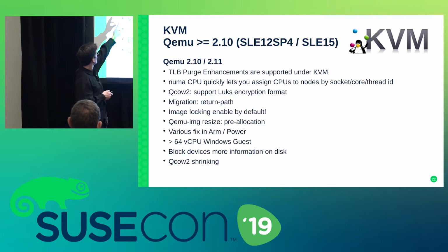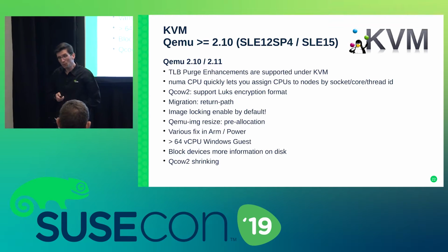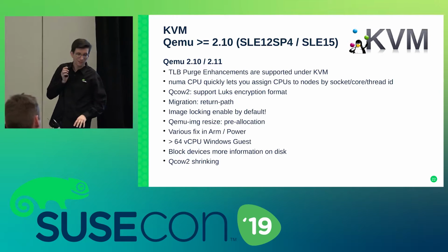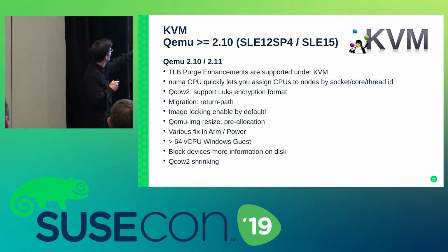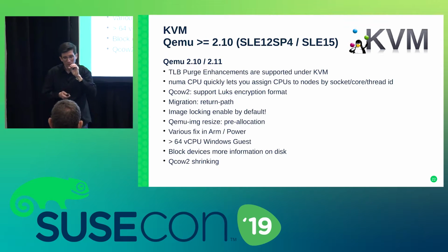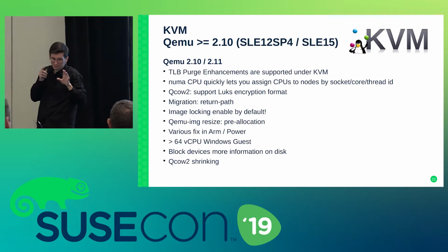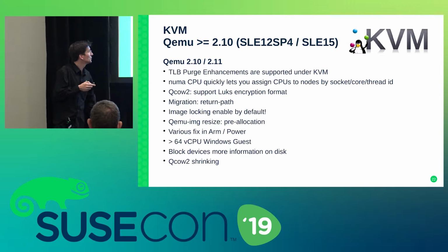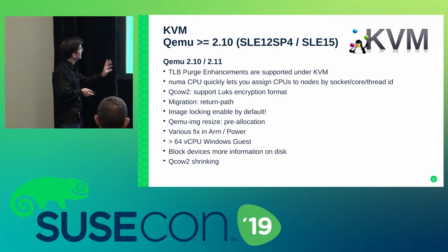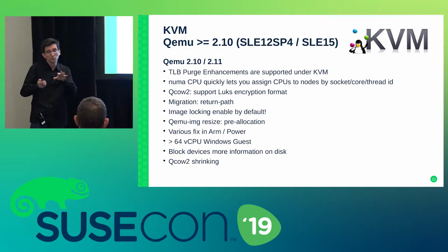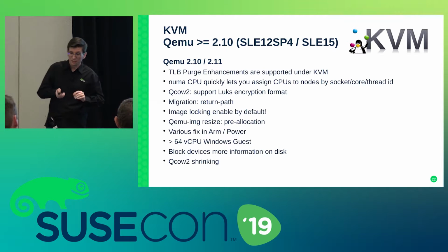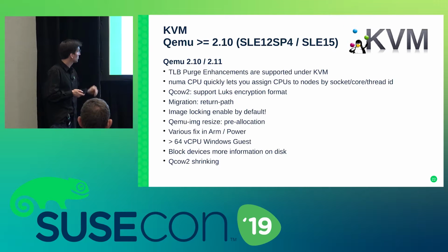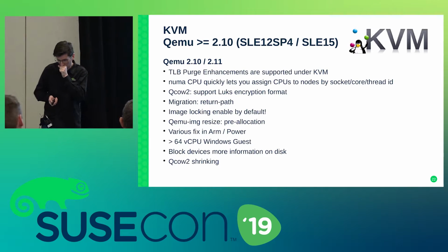What else? Oh, yeah. Something really important is that now in QEMU, every usage of images is locked, which means that there is no way to use the same image for different guests until you declare that you would like to do so. And it's a major change because sometimes you would like to share some devices and it will not be permitted anymore. And you will get a message saying that it's not possible. So there is some parameter to be able to tune that.